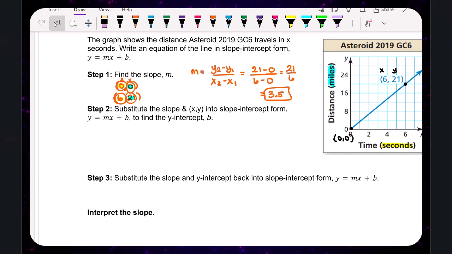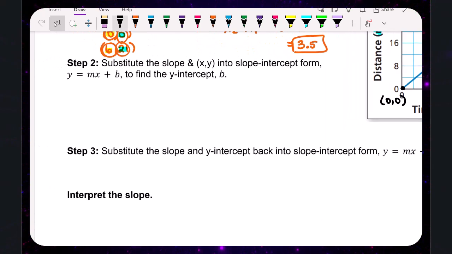So before we interpret, we're going to write an actual equation, and to do that, I'm going to write down our slope-intercept form, y equals mx plus b, and I'm going to substitute 2 things. I'm going to substitute the slope, and I'm going to substitute one of the points. So you've got 2 points. I'm going to substitute one of those 2 points. It doesn't matter which one. So I'm going to write it down one more time. I have m equals